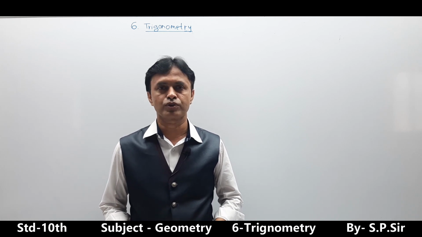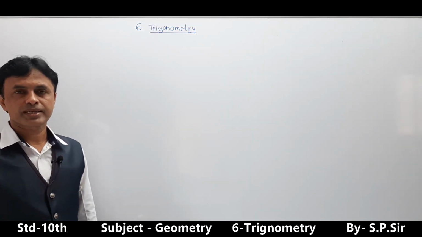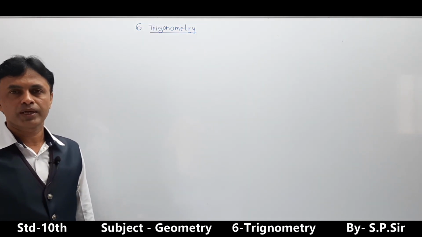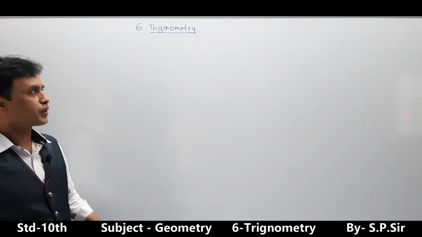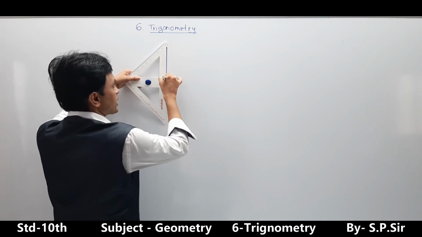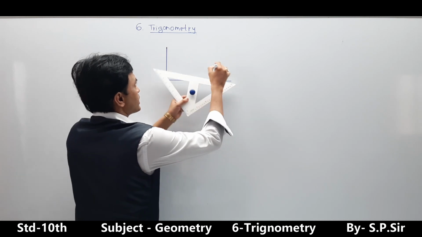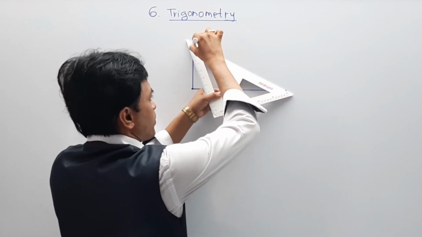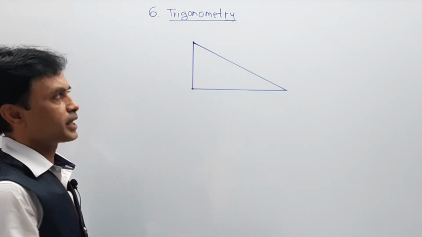So students, we are going to start here with trigonometric ratio. Okay students, now step by step I am going to give you some fundamental formulae, and with the help of these fundamental formulae we are trying to understand the part. First of all, let me make it clear. In trigonometry, first you have to consider one triangle, and remember in this triangle one angle must be 90 degrees. I am going to start from the basics only so that all the definitions become clear.